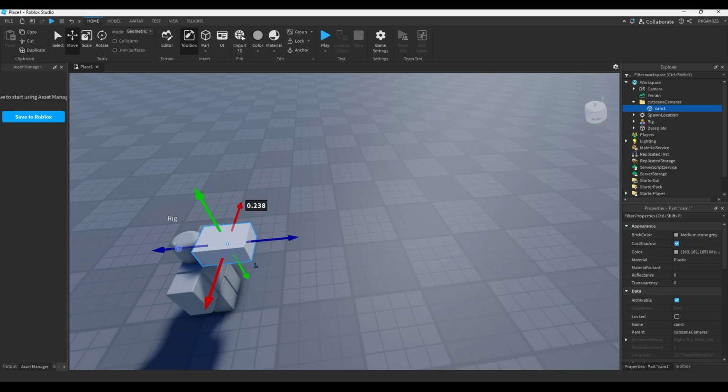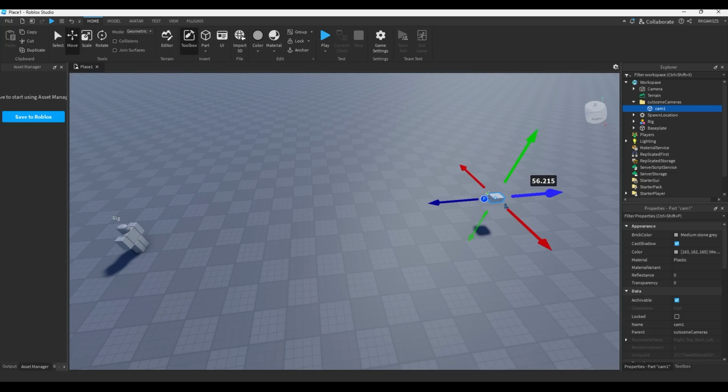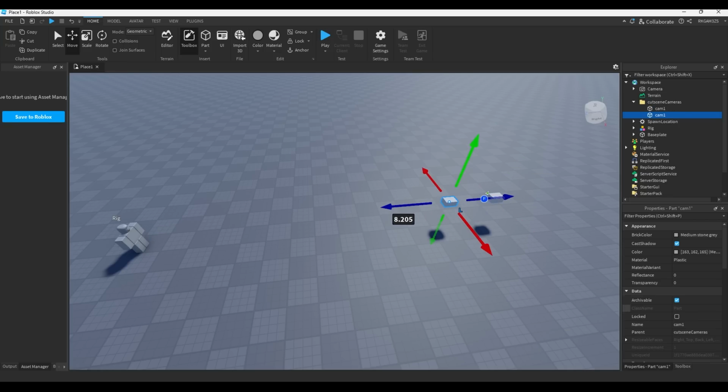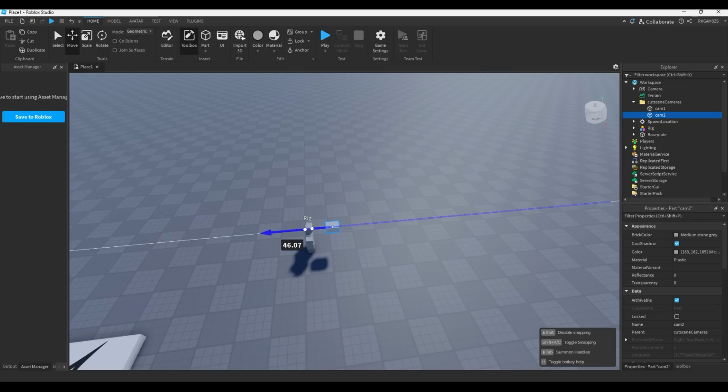And now that we have that, let's put this camera the complete opposite of where we want it to go and move it super far back. That sounds stupid, but it will all work. So do Control D, duplicate that camera, drag it forwards a little bit, and name this new one Cam 2. So this camera is where it will start. This camera is where the camera will go. So if we put this in front of this rig's face,